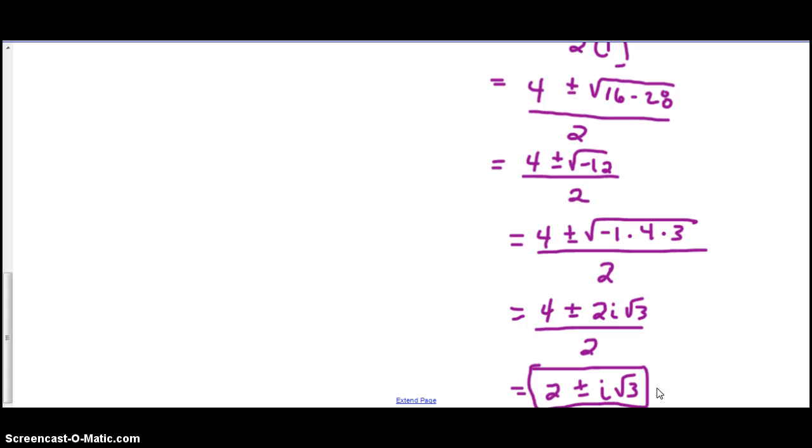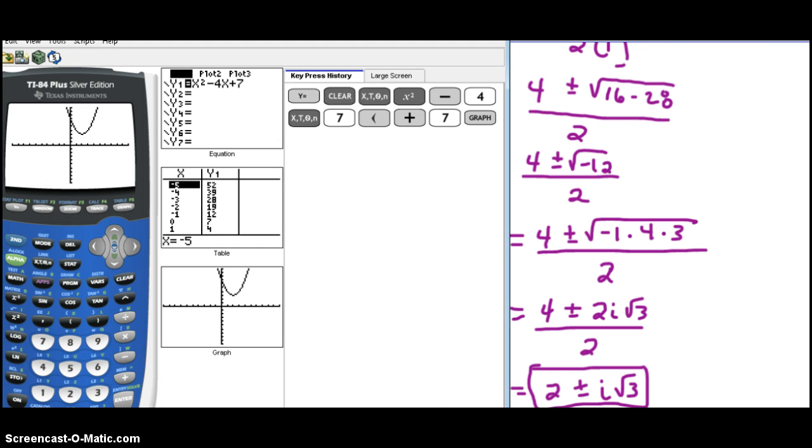So when you graph this in the calculator, you will get no real solution. So let's look at what that looks like. If you were to plug it in, it's not going to cross. So here you have to know the quadratic formula to get